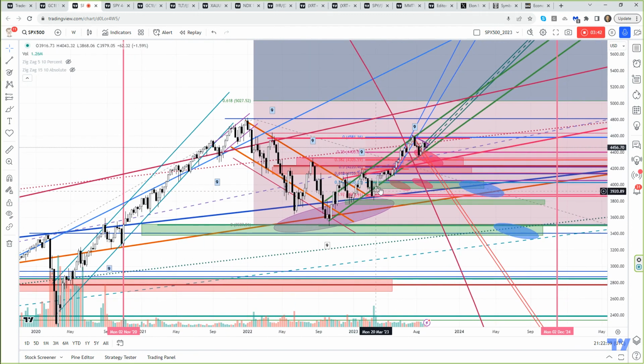Now, our current channel here, coming off of these lows, this is the rejection area, rejection area, rejection area. We're moving higher, we're moving upward, we're in the channel, we're just off this rejection channel. In theory, we would think this would continue to move higher, but we're also at this previous resistance area here, which is a dual rejection point horizontally.